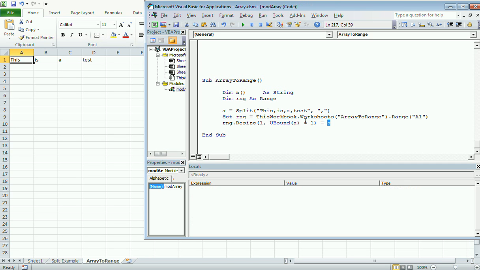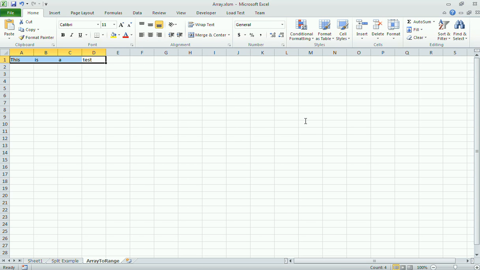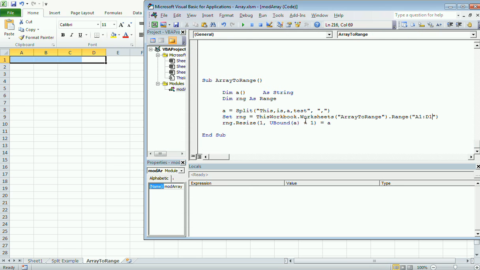Instead of resizing it, I could have specified A1 to D1 here itself. If I execute it once again, so let me clear this. If I execute it once again, and if I simply write rng equals A,